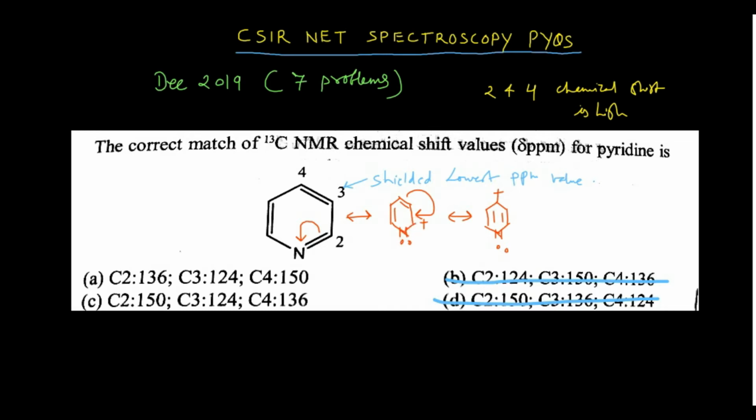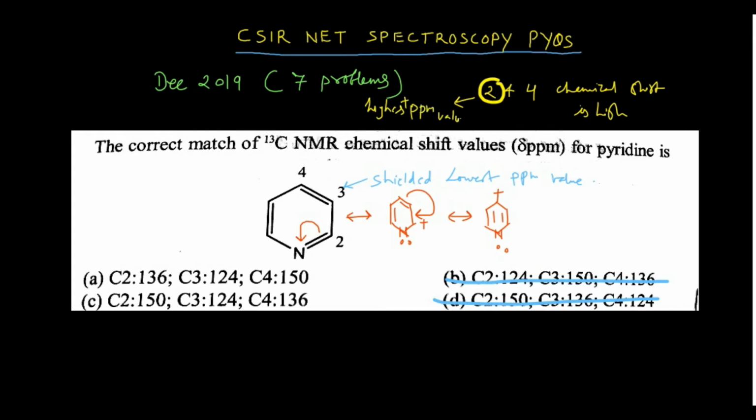But this carbon 4 is actually far away from this nitrogen atom, so this minus I effect would be less on this carbon number 4, right? While this minus I effect would be very high on this carbon 2, so that means it is very highly electron deficient. So carbon 2 will have the highest chemical shift, right? Highest ppm